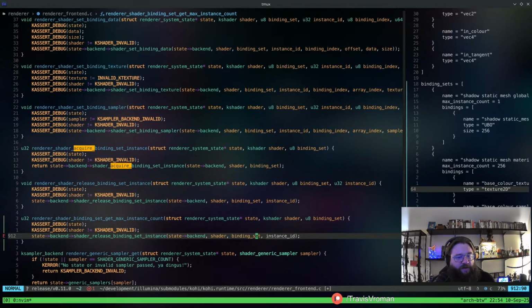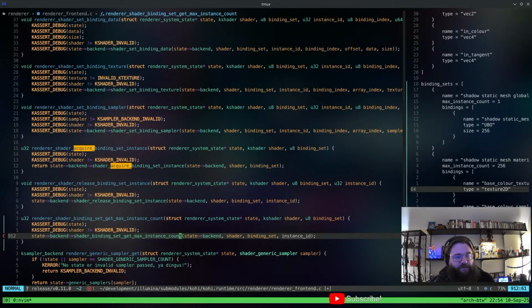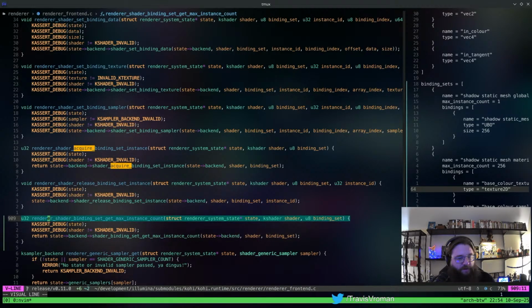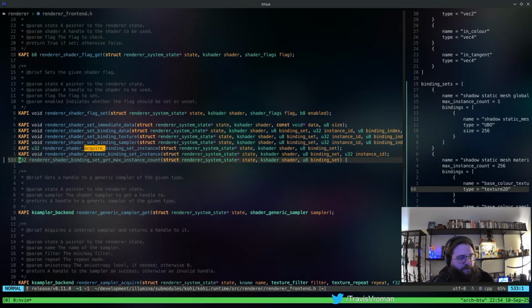And then it's going to return, instead of set instance, shader binding set get max instance count. We don't need that, right? And then we're going to do return, right? And then we can take that, toss it into the header, export the symbol, then take this.